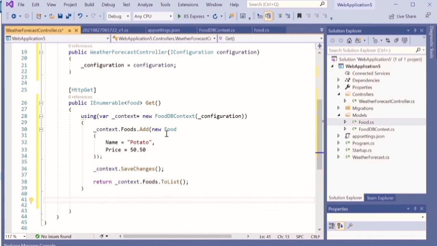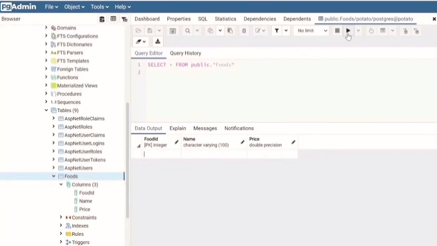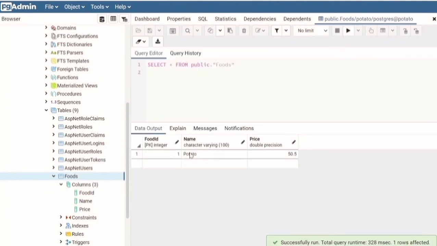That's it. So let me just run this system. And you can see it just returns this enumerable value in the JSON format. And let's go back to our database, and let me refresh this table. And you can see that the name potato and the price with the value of 50.5 has been inserted into our table. So this is how you can insert the value into our table in the database